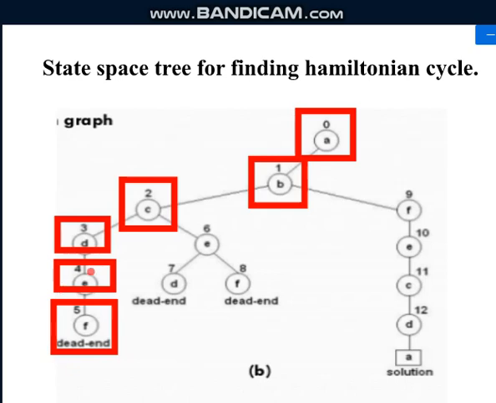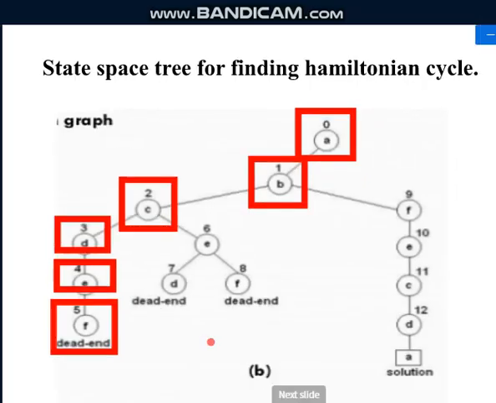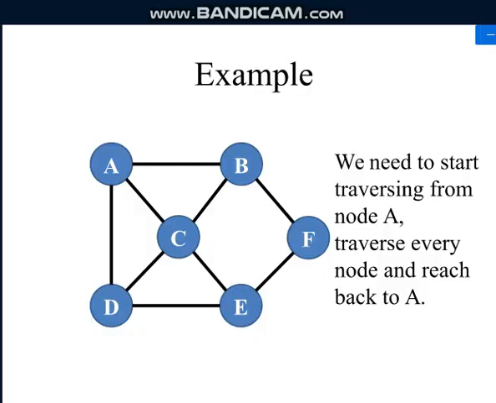So we will go back to the previous node E. From E we have to reach F and then A, which is not possible. So again we will go back to D and check if there is any other route from D. No, there is no other route from D, because you have already come to D from C and you have to go to E. There is no other option. So again we will go back to C and check whether we have any other possible route.